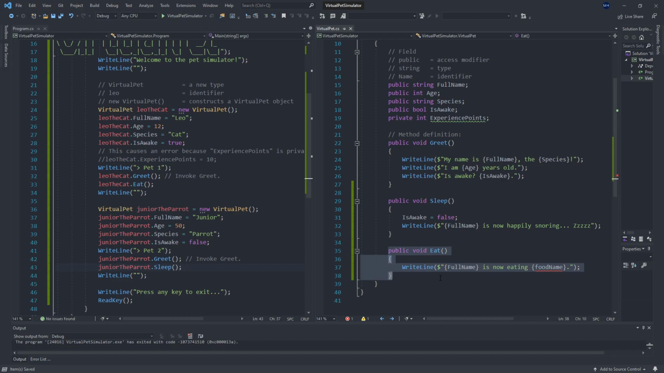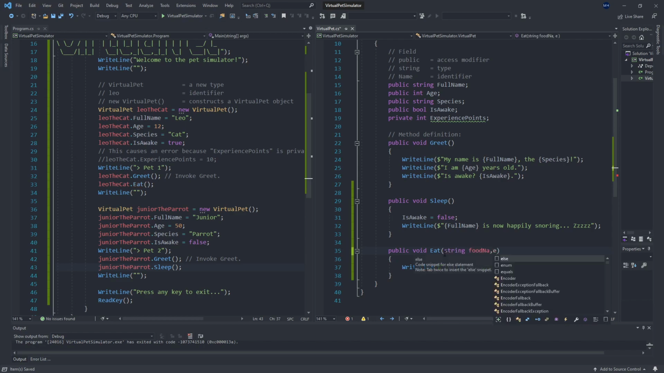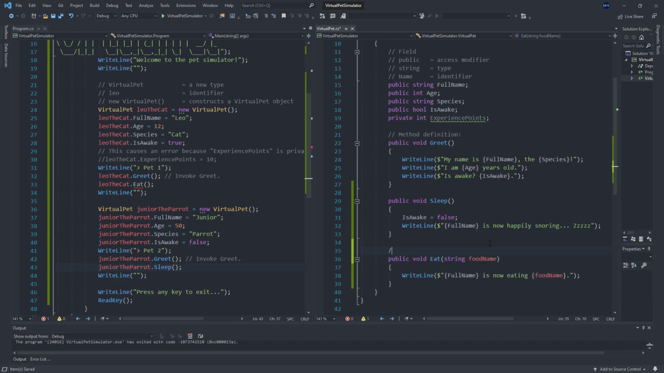So our methods can accept inputs in the form of what's called parameters. So here I can create a variable. I can say string food name. This is a parameter. So what we're saying is that anytime eat is called, we must pass to it some string that's the food name, and then we can use that inside of our eat method. And you can see that now that I've said that there is one input here, aka a parameter,